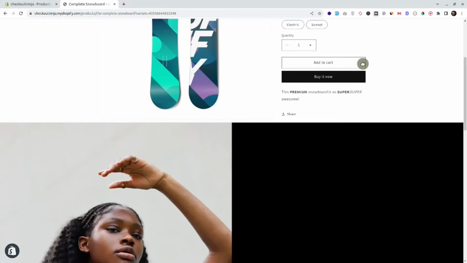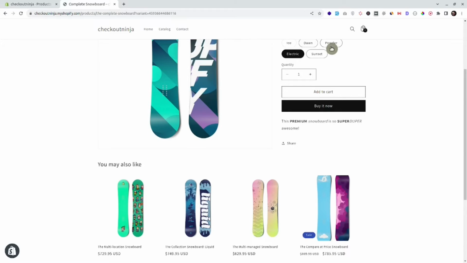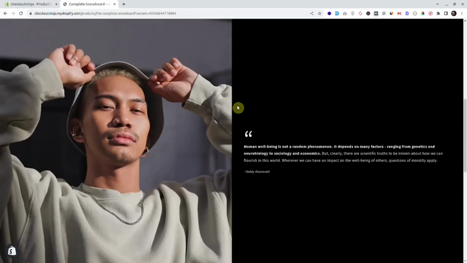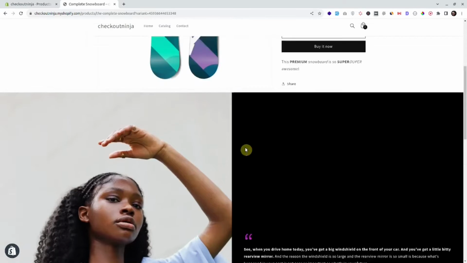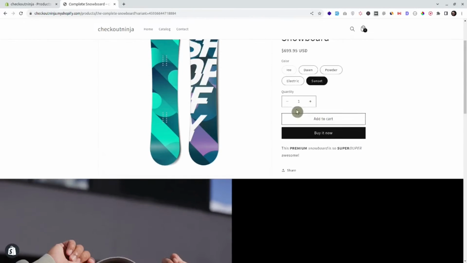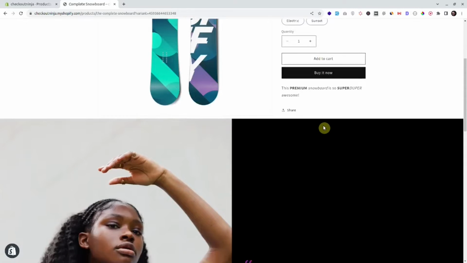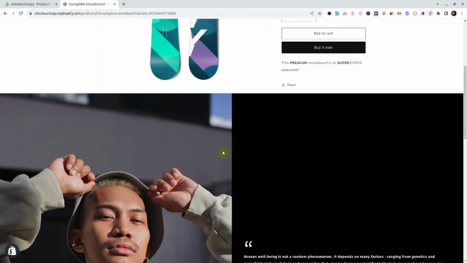In this video, we'll be looking at how we can update a section without refreshing the page. So for each variant, we have an influencer review. Here you can see when we update the variant, we are updating this section. And this is all controlled by the section rendering API. In this video, we'll be learning how we can use the section rendering API to update the section without